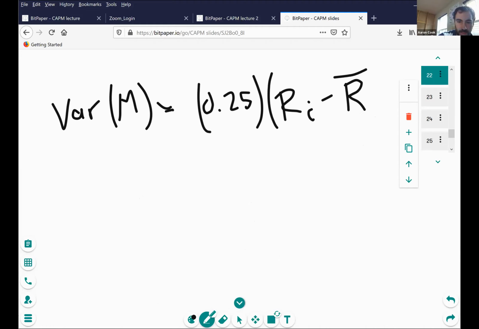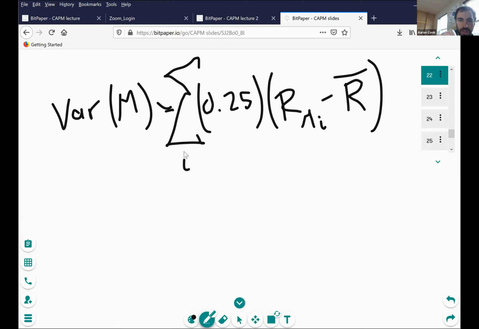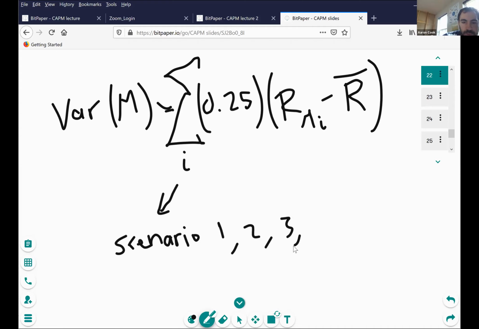This would be the returns on the market in scenario i minus the average returns, and so you just sum that across all scenarios. Scenario i is going to be representative of scenarios 1, 2, 3, and 4, and then you just take the